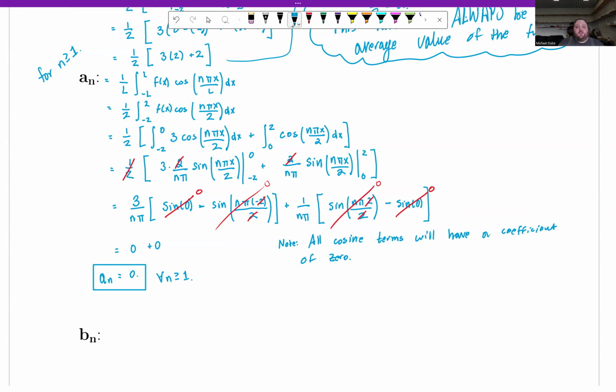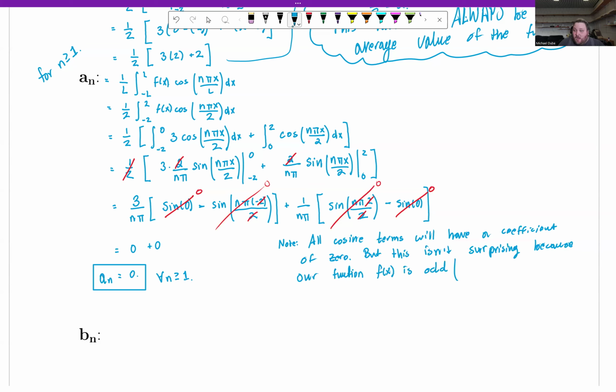All cosine terms will have a coefficient of 0. But this isn't surprising because our function f of x is odd,